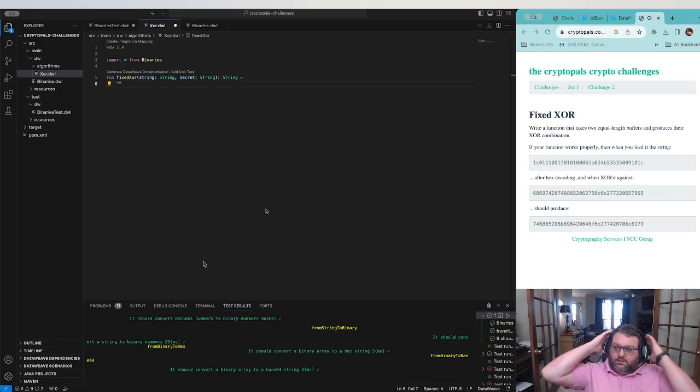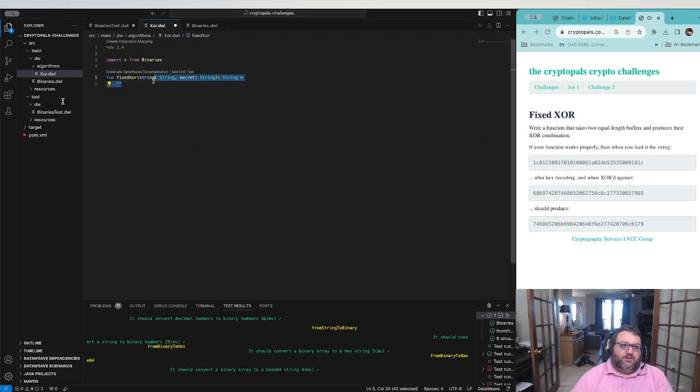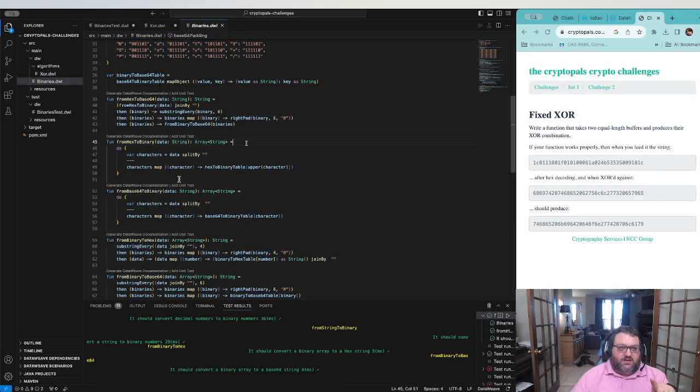Okay, so I have a little more time today to work, so I'm going to take advantage of it and do the fixed XOR implementation. Between sessions, I wrote a bunch of helper functions for myself in